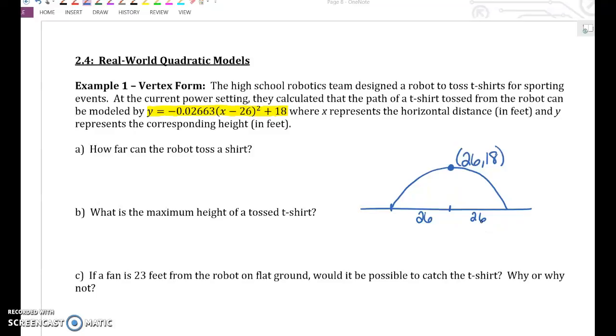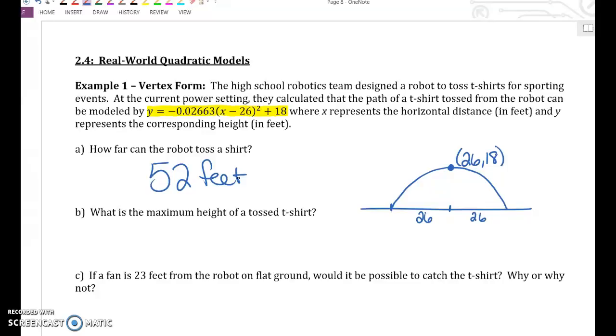What is 26 plus 26? 52. So how far can the robot toss the shirt? 52 feet. Now, do you feel like we had to do a lot of really complex math to get that